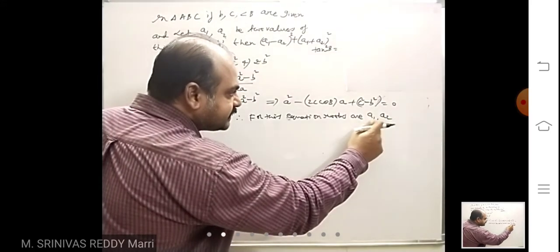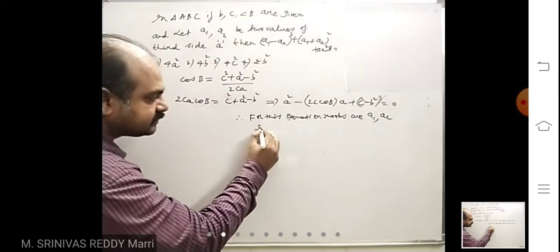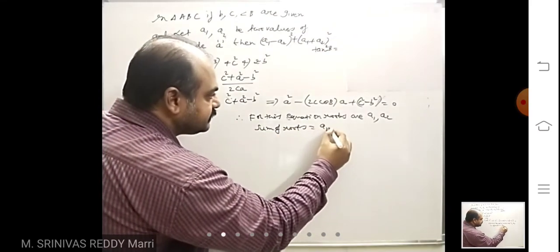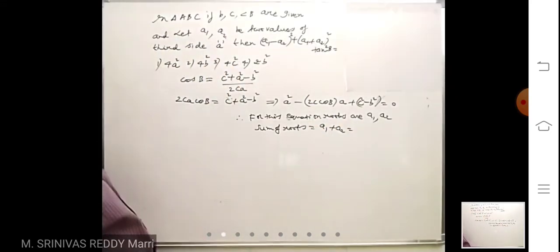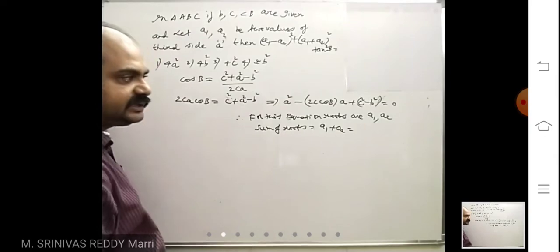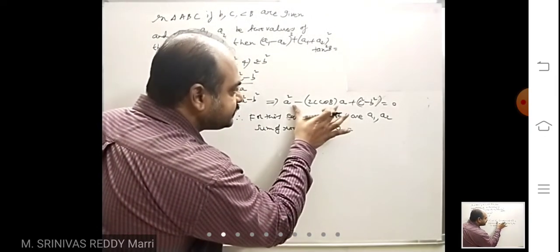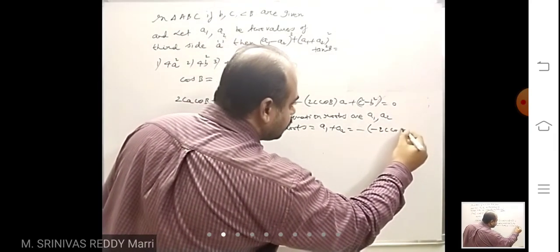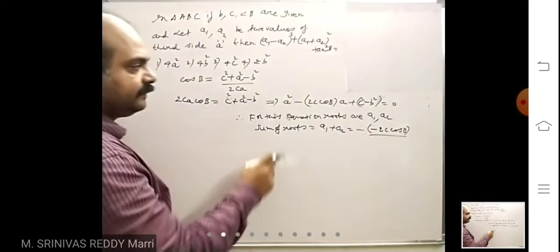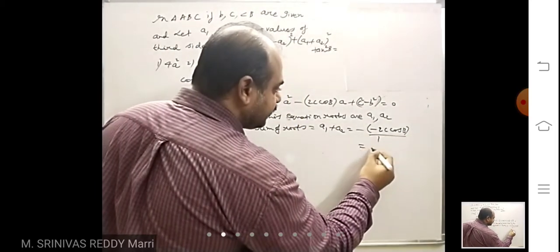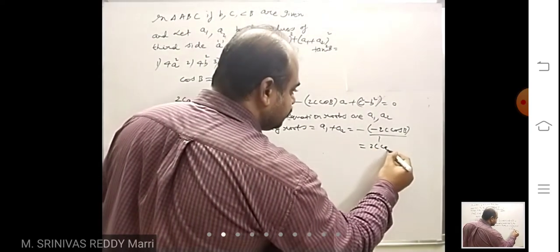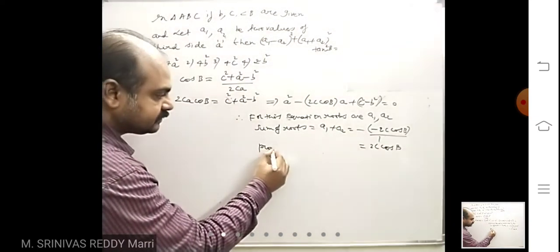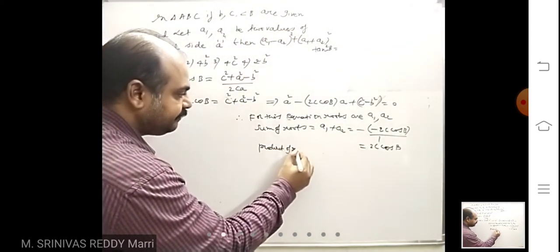If the roots are there, this is alpha, this is beta. Look at the sum of the roots, that means A1 plus A2. Alpha plus beta means minus b by a, where b is the coefficient before a, divided by the a square coefficient, which is 1. That means A1 plus A2 is nothing but this value. Sum of the roots. Next, product of the roots.